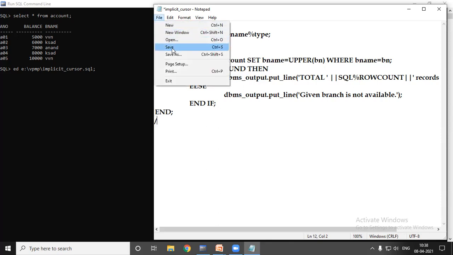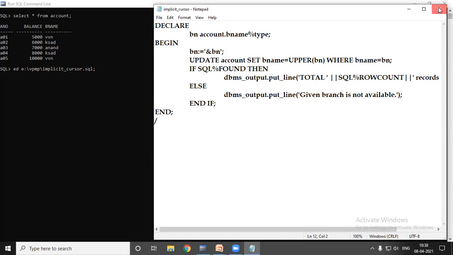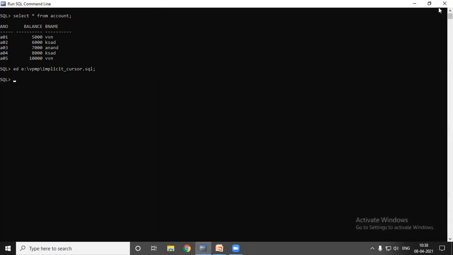Now save your file. Close the Notepad window. Go back to your SQL editor. Now here, first of all, we need to set the server output on. For that, we are using the set server output on statement.